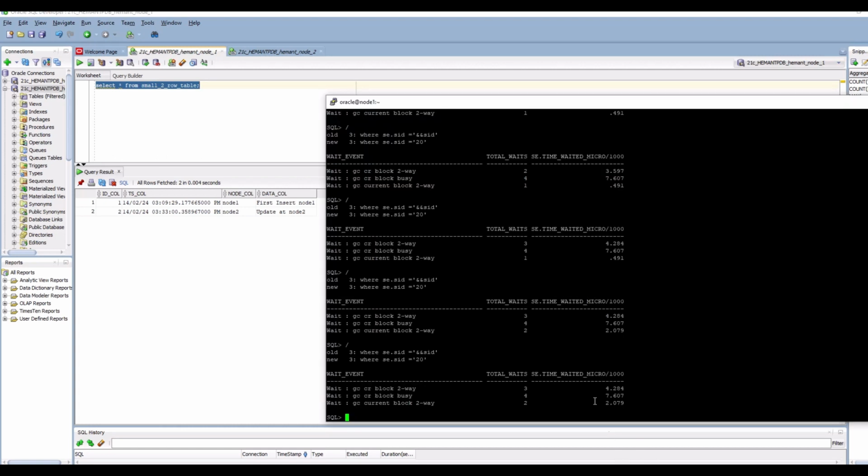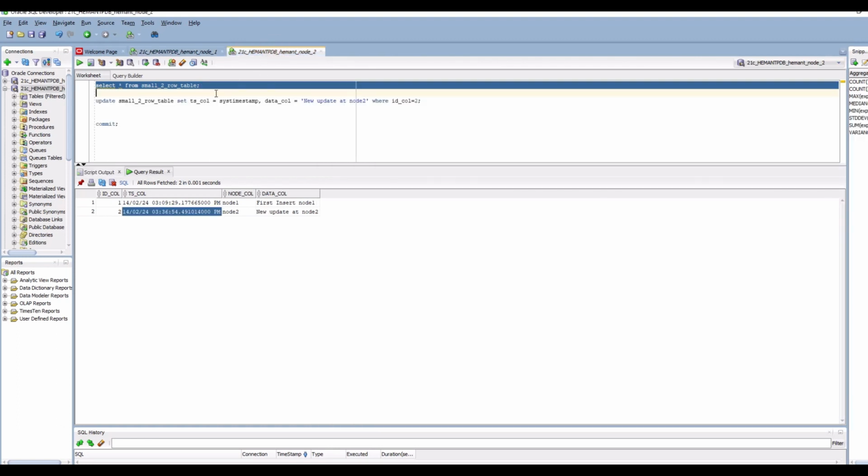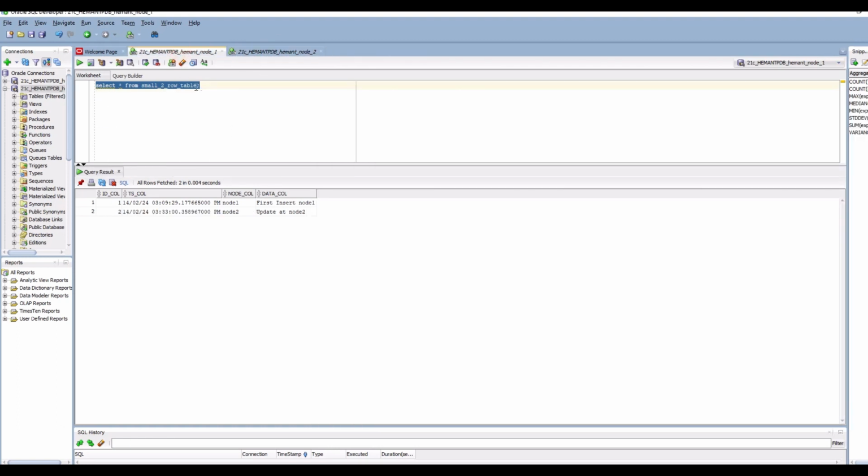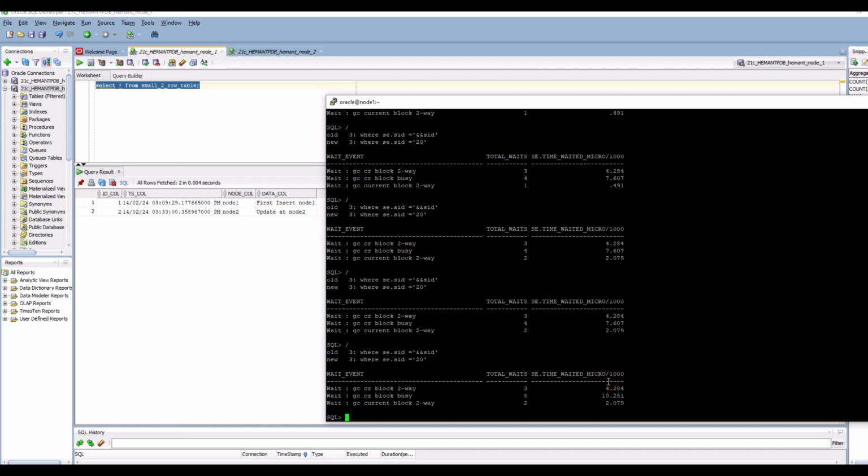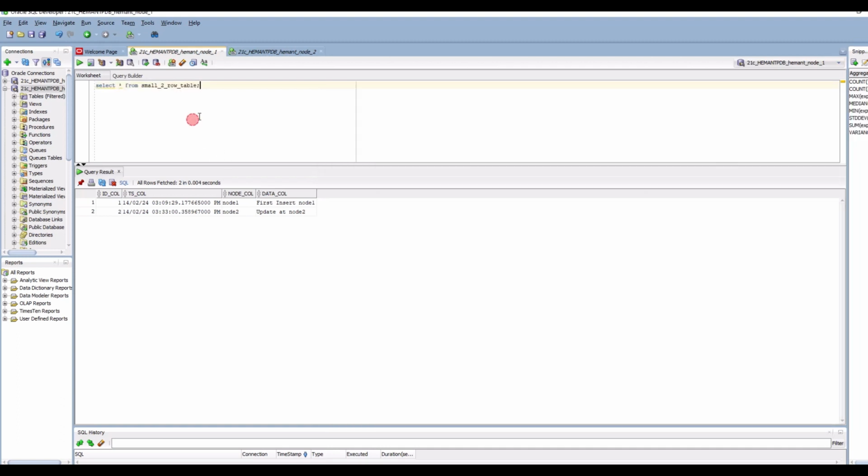Okay, and let's look at the wait events now. So we are back to this one, CR block busy wait. So now it's back to the same old behavior. The block has been modified at node 2 but not committed. So every time node 1 wants to read the block, it will have to incur one overhead of waiting on this event, from 5 to 6.